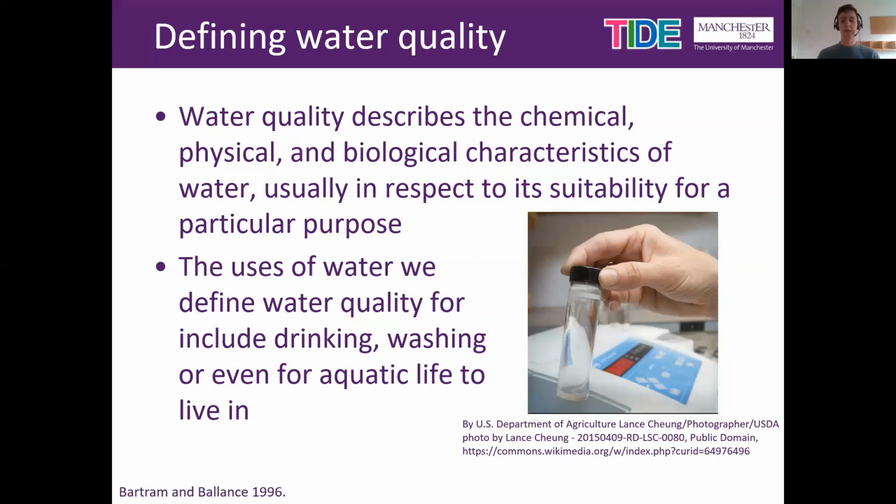So the water quality is a measure of the suitability of water for drinking based on its physical, chemical, and biological characteristics. Physical characteristics would be, for example, temperature, colour, odour, turbidity, and solids, whilst chemical would be pH, conductivity, salinity, hardness, and biological would include counts of specific organisms or groups of organisms.